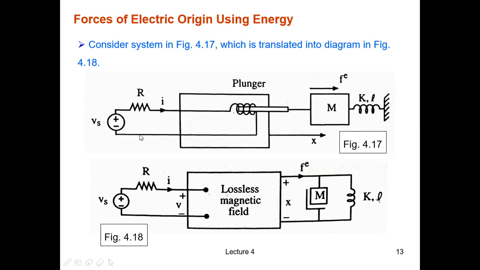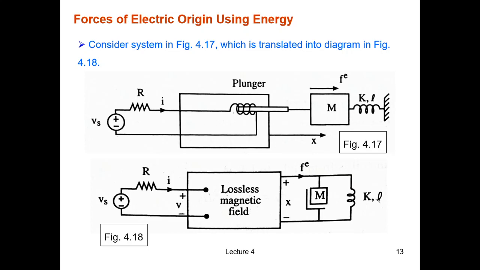So we have a voltage source with internal impedance, and it will supply the current through the coil, and that coil can move one part, okay? And this part is attached to a mass, and on the other side of the mass is connected to something fixed here, through a spring. So we can have a model for that system like figure 4.11